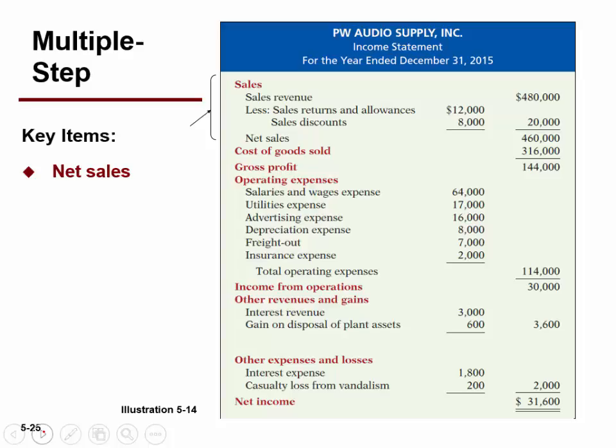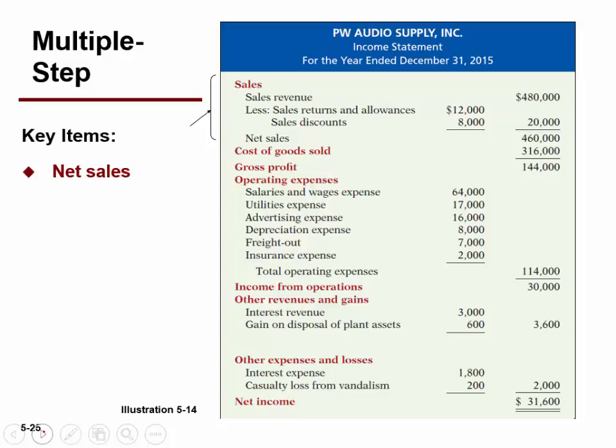I credit gain for 600, which is sort of like what I would do if I had a revenue. I would credit revenue, wouldn't I? But we don't call that revenue because selling equipment is not our normal course of business. Assuming I'm Nordstrom and I sold a cash register, I'm not in the business of selling cash registers, so I show that as a gain on the disposal of a plant asset down in the non-operating section, right?